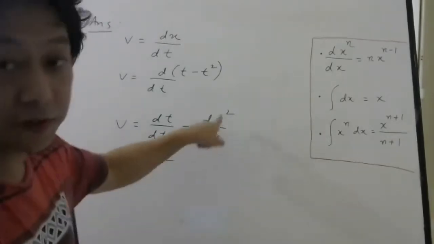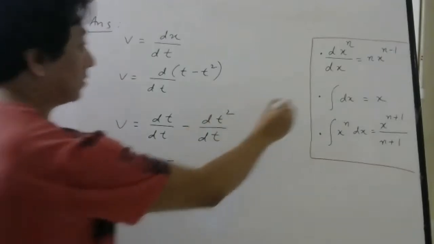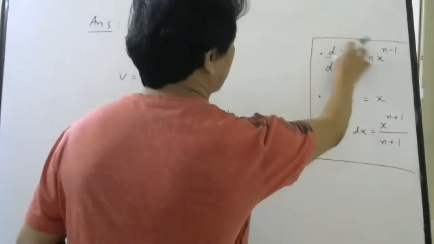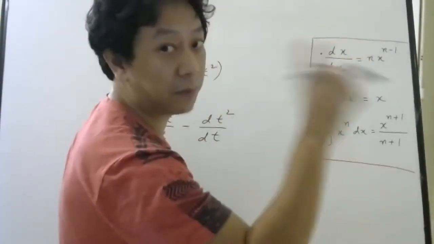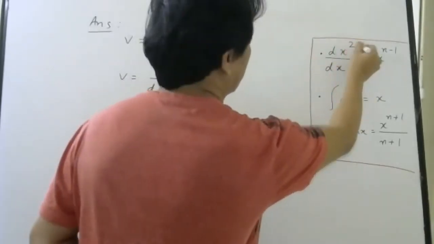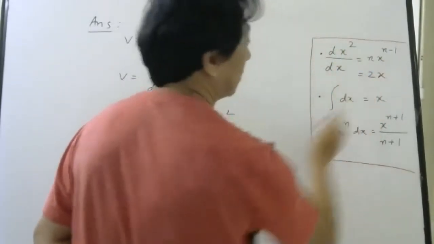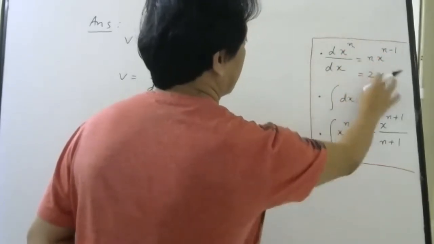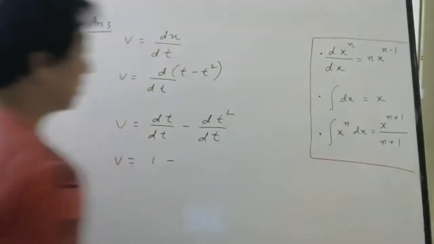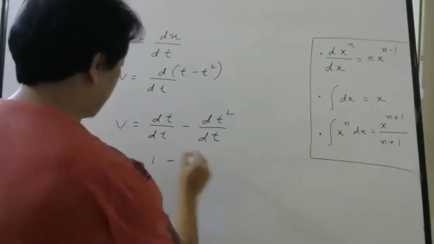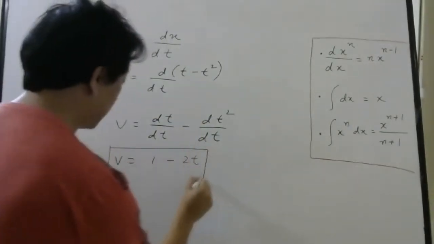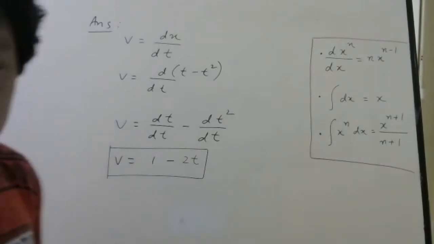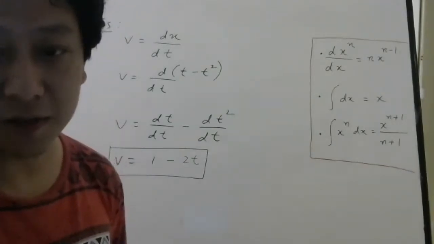And differentiation of t square will be, just imagine if this is 2. Those who don't know the formula, I am telling for them. If this is 2, it will become 2x power 2 minus 1. So this will become 2t. So this is the formula for instantaneous velocity. This is how we should find instantaneous velocity.